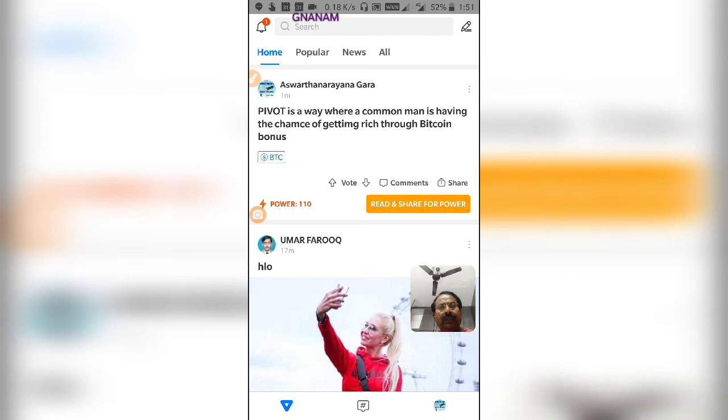Like this, this is one of the ways through which some people are earning even lakhs of power points. So continuously you will be gaining points here. Even if you are not doing anything, you will be getting points. Some people will see this and make their comments, and their comments will give us those points.